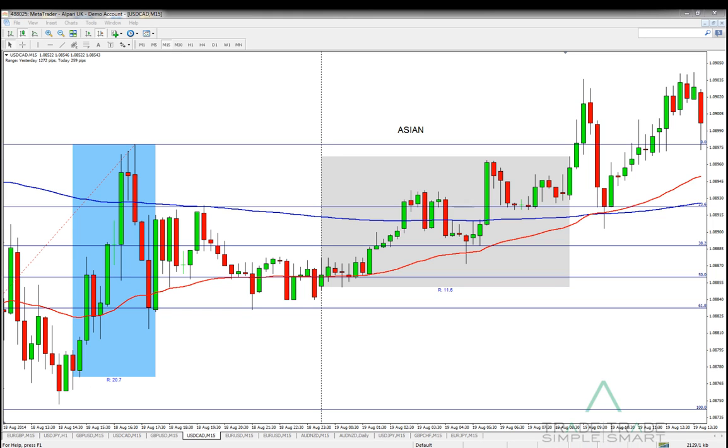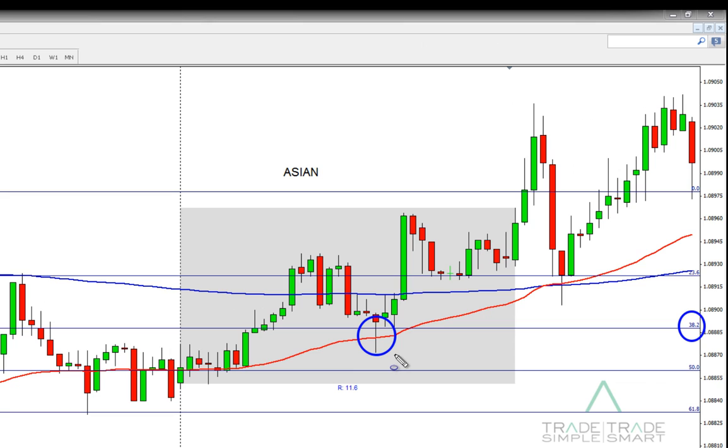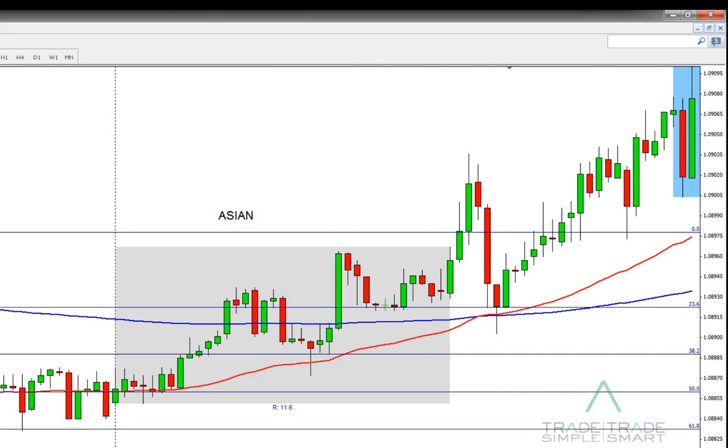Okay, so we have the 0.382 internal retracement, which falls within a relatively narrow range to the 50 moving average, and we can see that the pin that penetrated the 50 during the Asian session also penetrates the 0.382. Okay, so we have two technical levels which are taken out here,